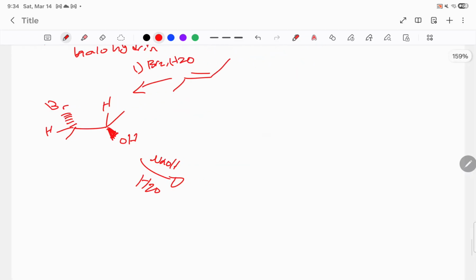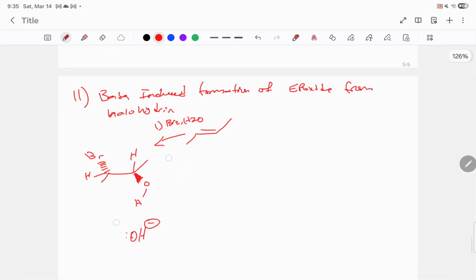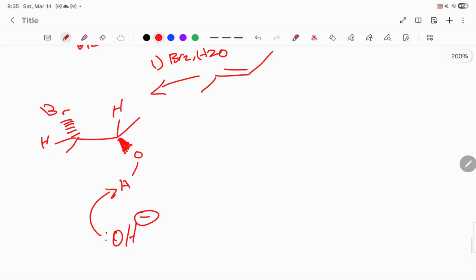Let's do that. So, get the hydrogen there. Get our OH minus in there, base induced, I guess, not catalyzed. We take this, we generate this, and voila,